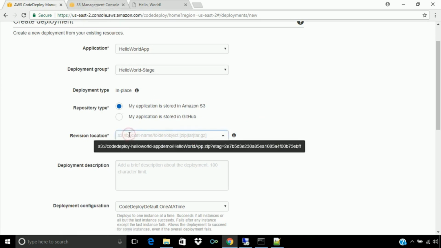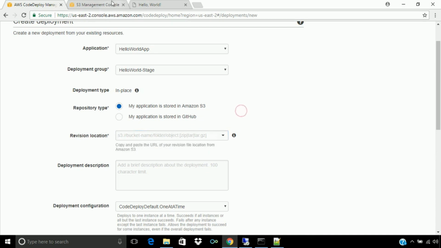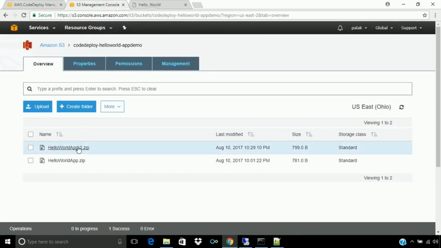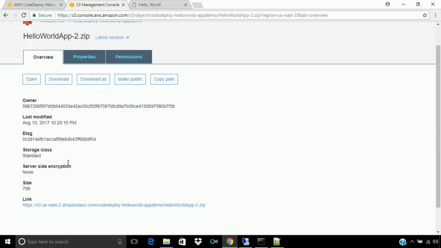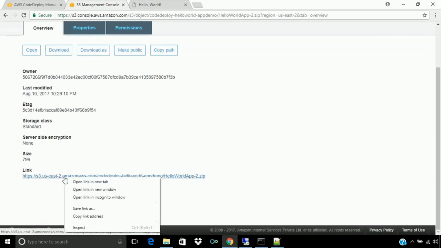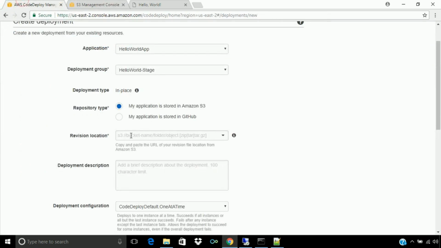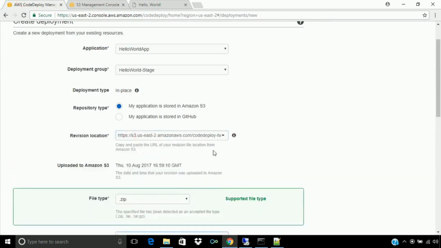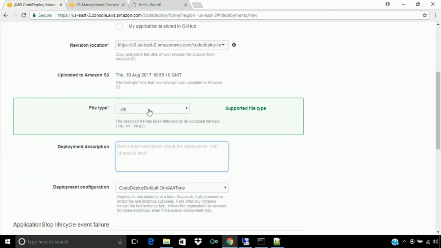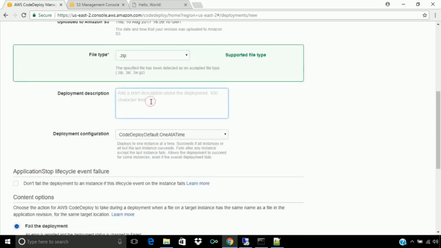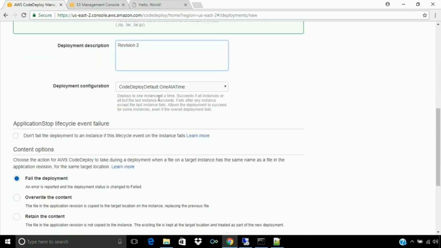Now in this location we have to select the whole path of that file. So let's go here, copy this link and paste it here. So it has already identified that the file type is zip. Now if you want to give the deployment description, you can give that it is revision 2. We will set the configuration one at a time.